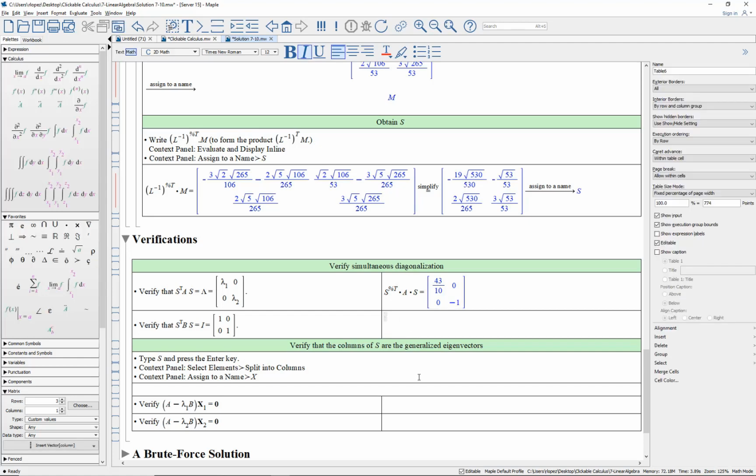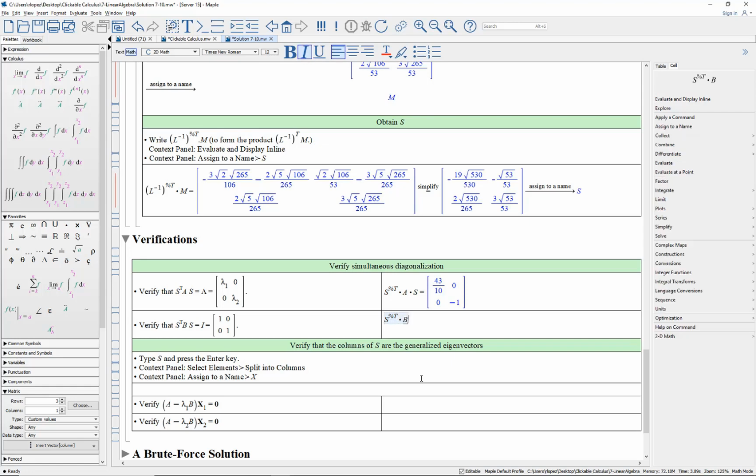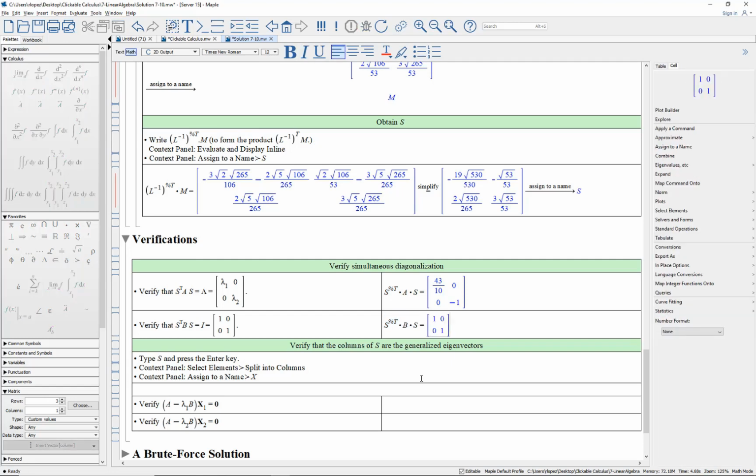And what about S transpose B times S, giving us the identity. So it's S to the percent T, period B, period S, identity. Are the columns of S